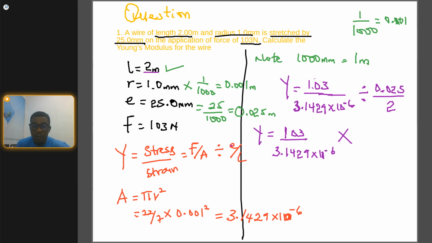That is, 2 will become the numerator and 0.025 will become the denominator. So there will be an interchanging in the fraction because you have changed it to multiplication. So this will be 2 over 0.025. So all we need to do now is to multiply 10^3 times 2,